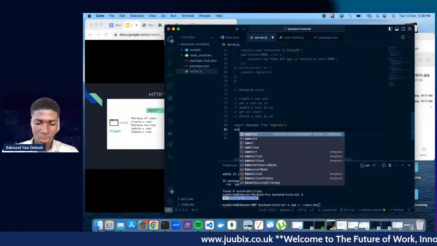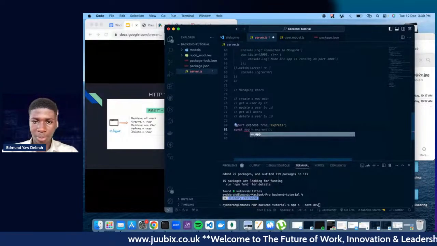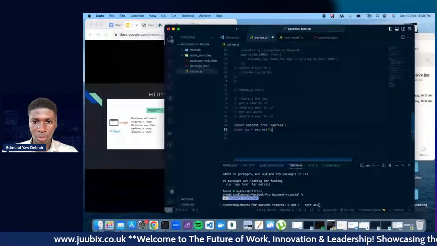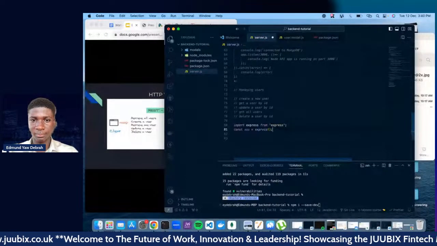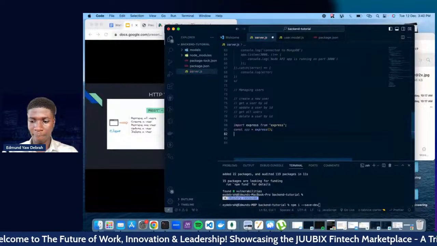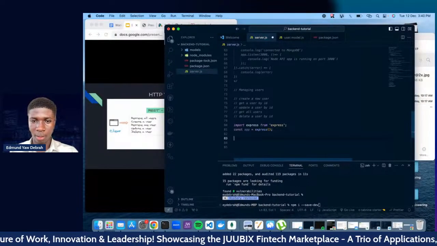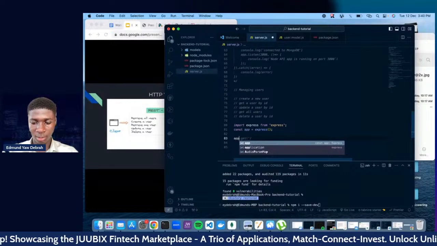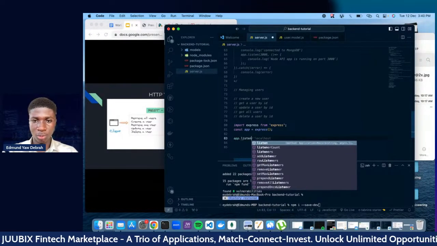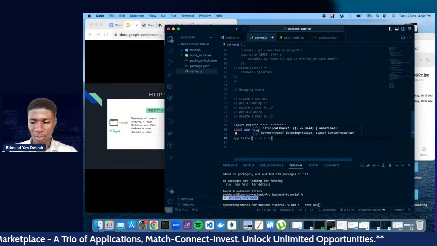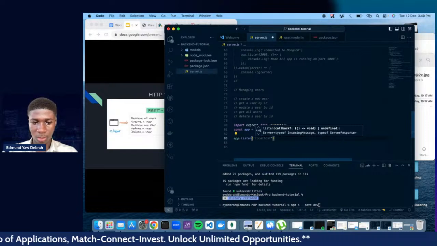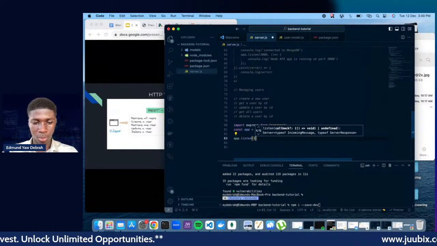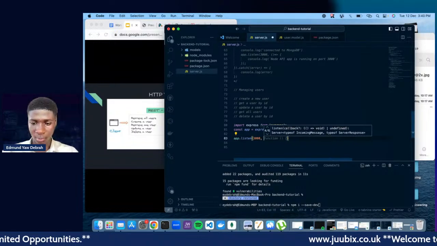So const app equals express, and our application is going to listen on port 3000, on port 3000,